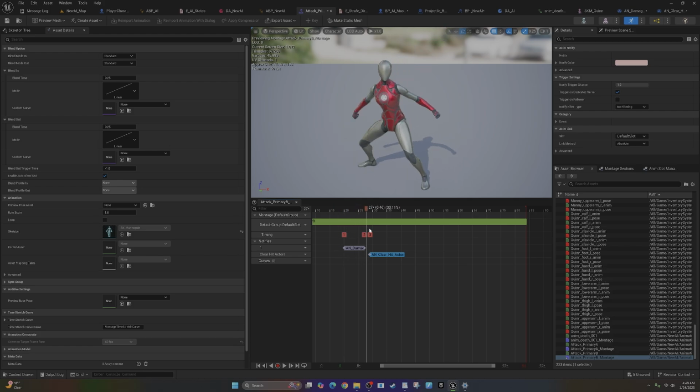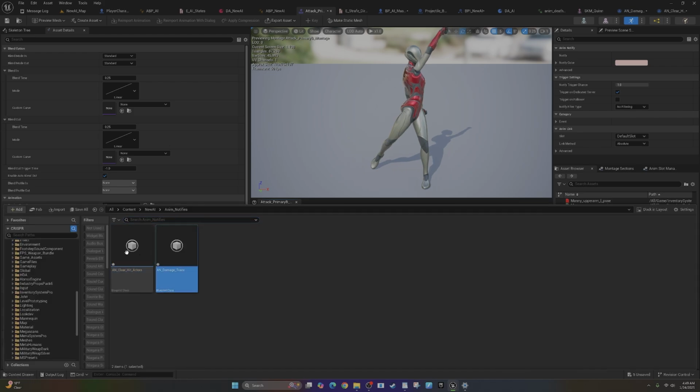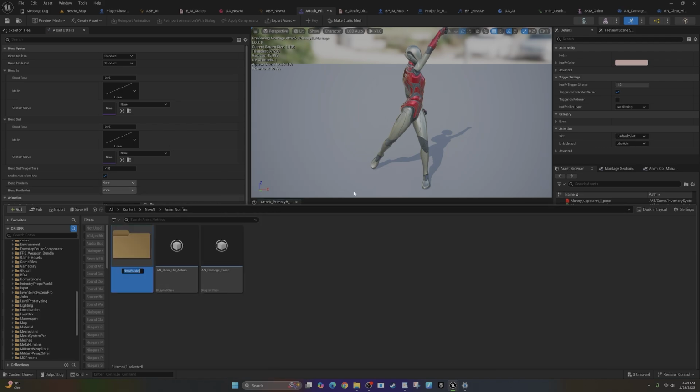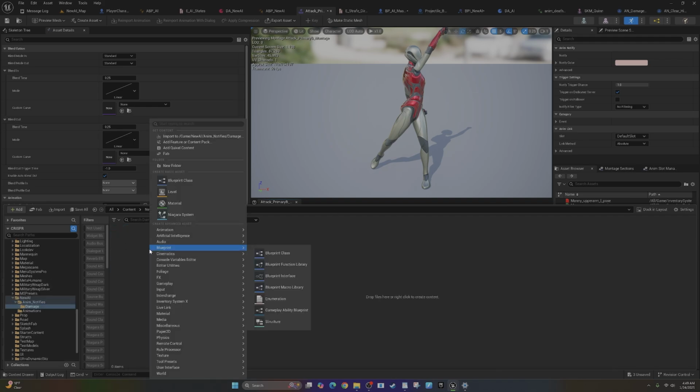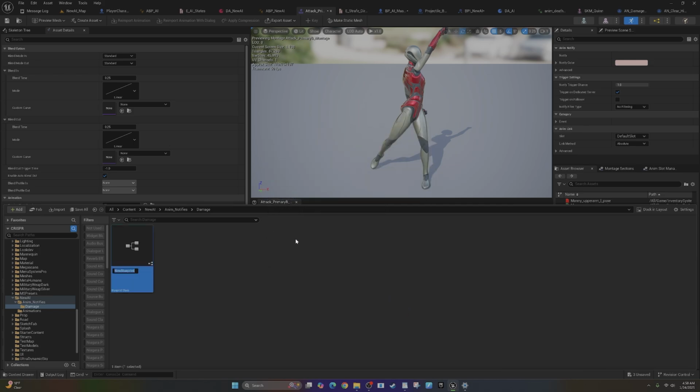And there's one more aspect to this. I mentioned that I handle damage differently than a lot of people, and I'm going to show you how to do that now. And that is also handled through AN notifies, right? So I'm going to create a new folder here inside of our Anim Notifies folder, and I'm going to call this one damage. So we're going to right click, blueprint class, and then we're going to do Anim Notify, just the regular notify. And so I'm going to call this one AN10, and that's for 10 damage, right? So if we open this up,